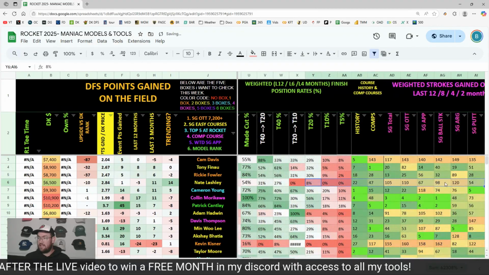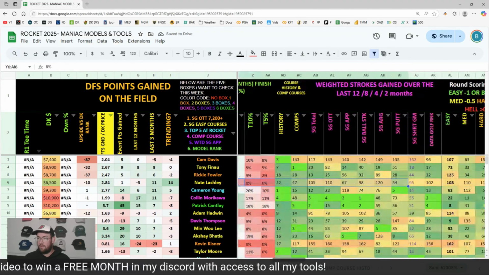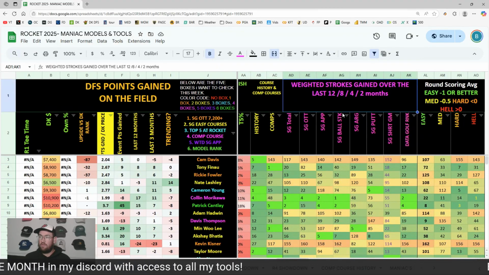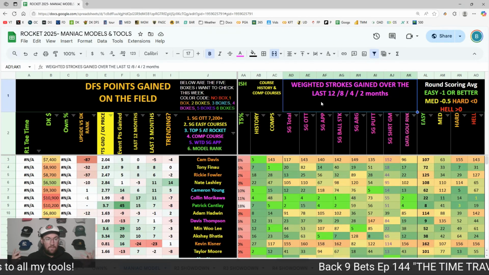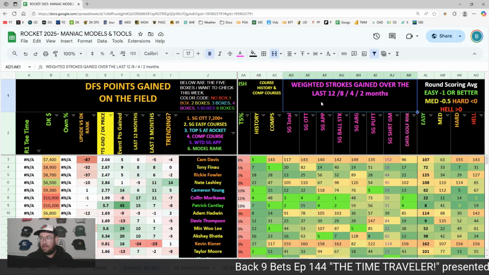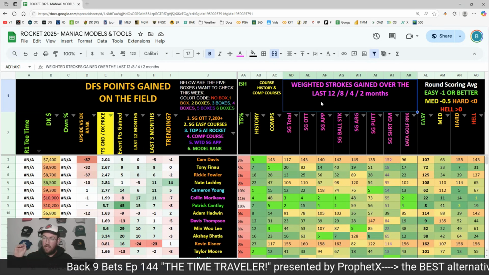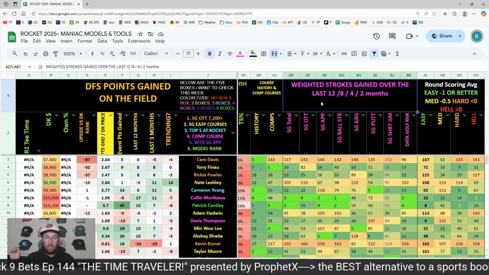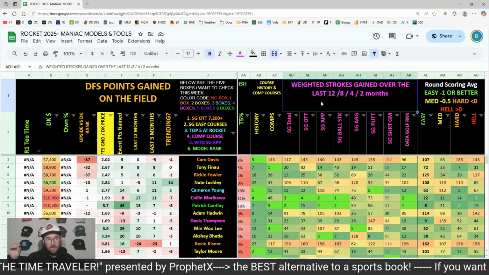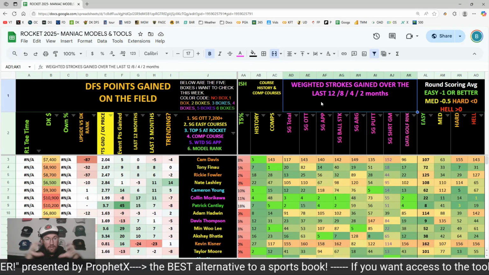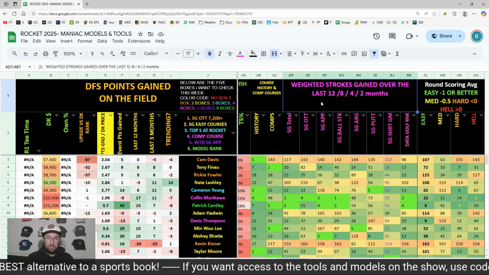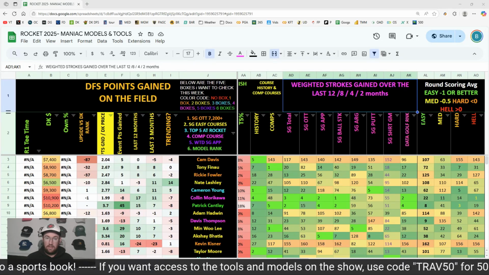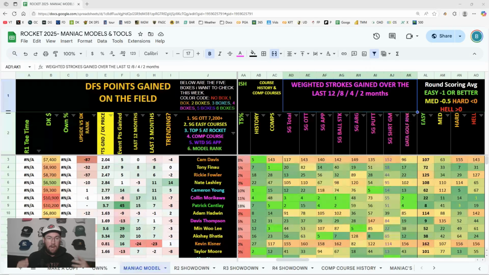So we're back to this left-hand side of the columns. We've got the weighted strokes gained over the last 12, 8, 4, and 2 months. What that means is I've grabbed strokes gained data for the last 12 months and popped it into a sheet. Then I popped the last 8 months' worth of strokes gained data, put the last 4 months into another sheet and the last 2 months into another sheet. And I've combined those strokes gained together so that